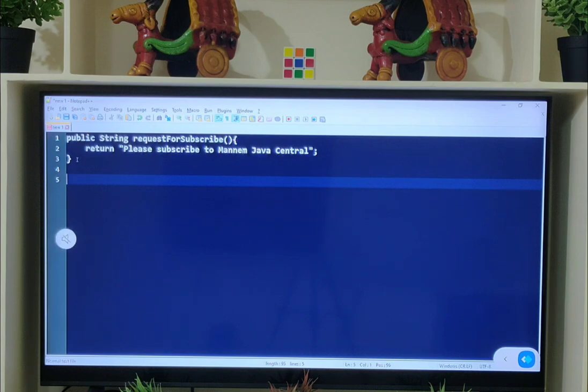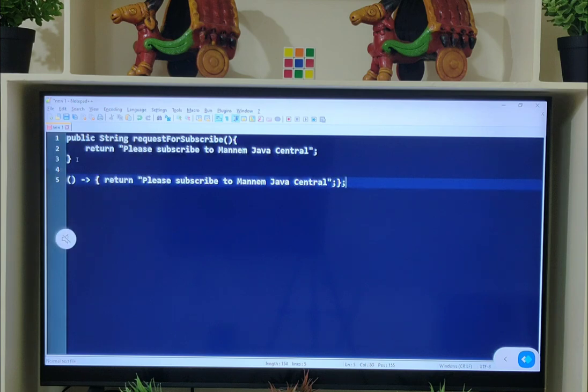As part of this example, I need to use the return keyword with return statement. That's why I need to put that in curly braces. So empty braces, arrow operator, use curly brace, return, please subscribe to Manyam Java Central.